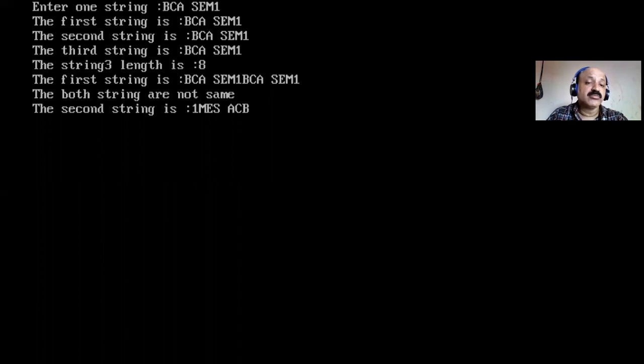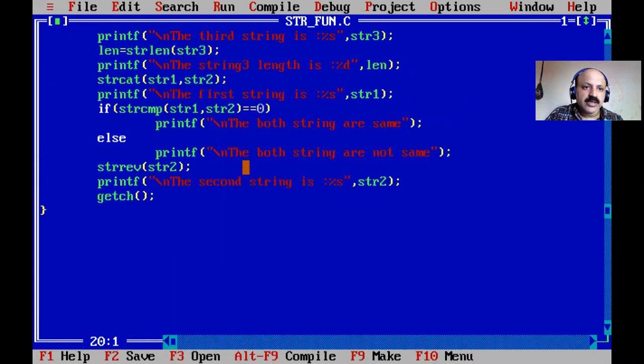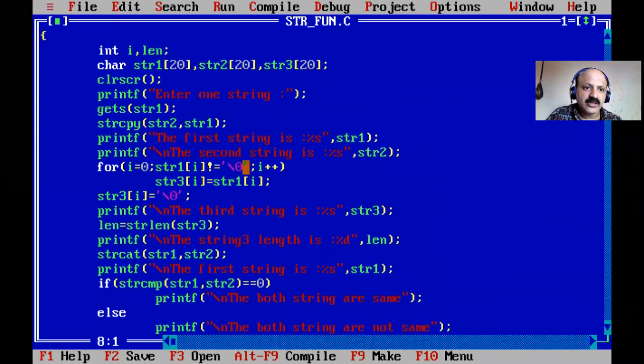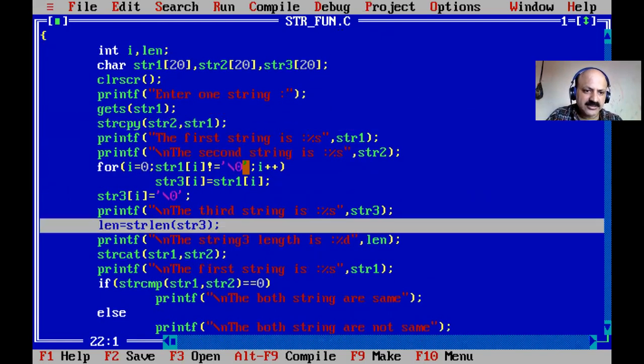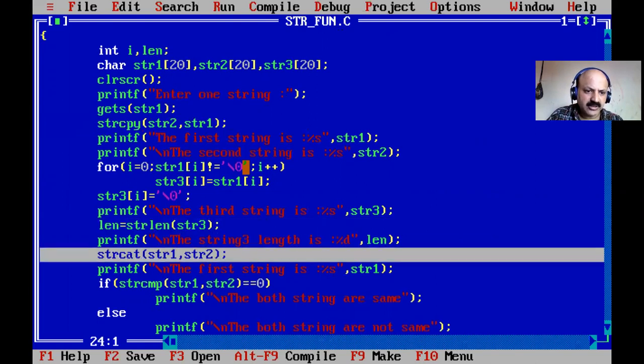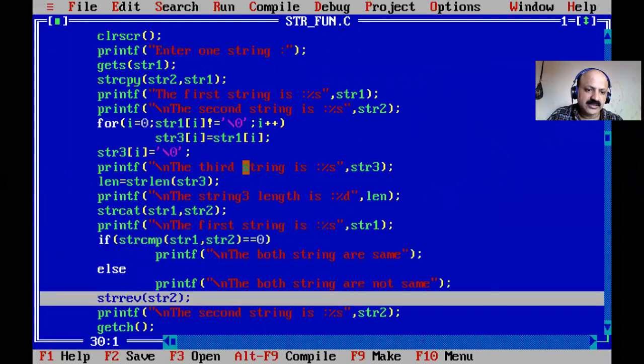Like in our reverse number logic, the same, that is reverse of a string, automatically strrev, string reverse. Okay, so here we can use string copy first, then string length second, then concatenation third, string comparison fourth, and then strrev, reverse order.